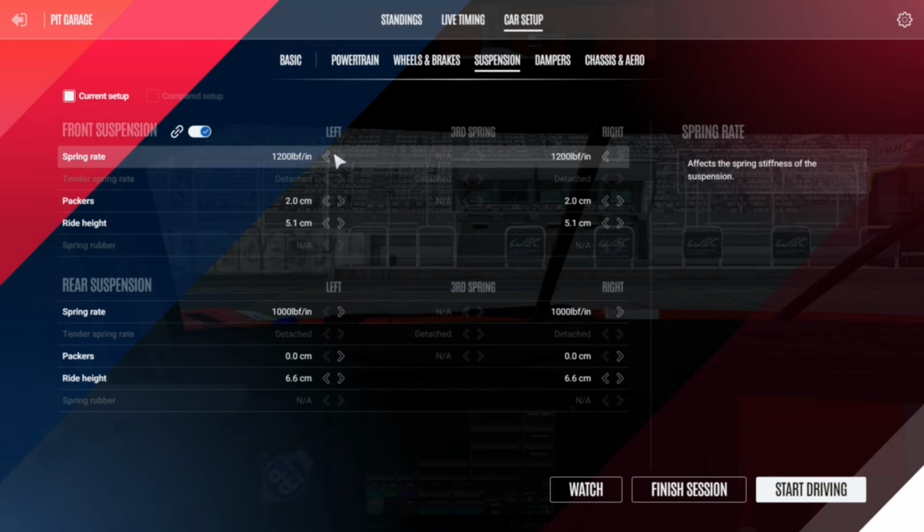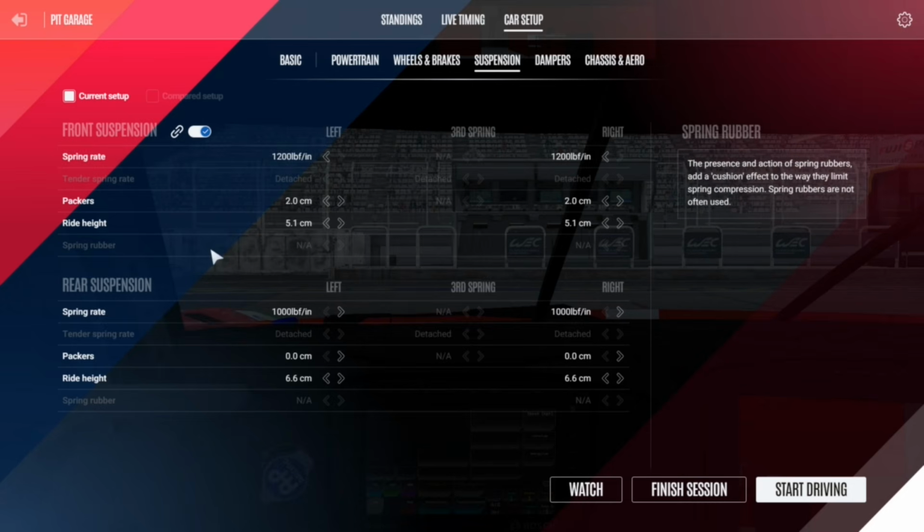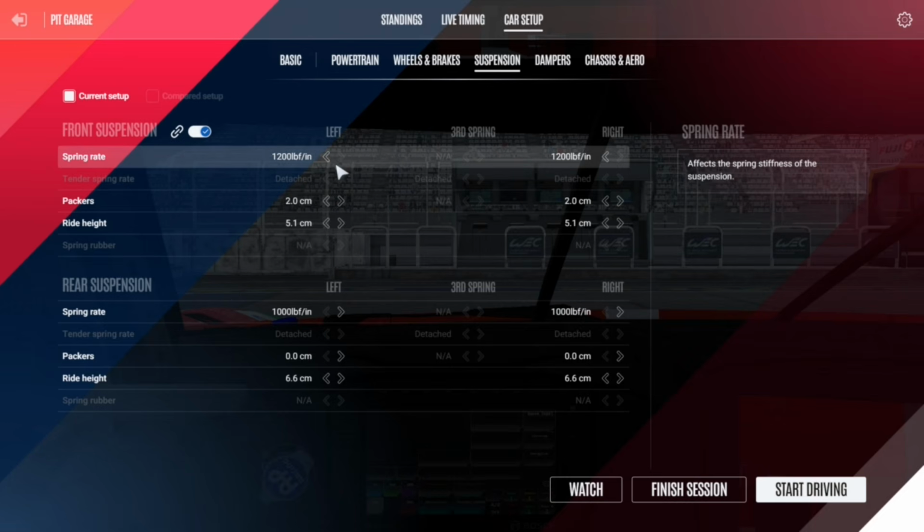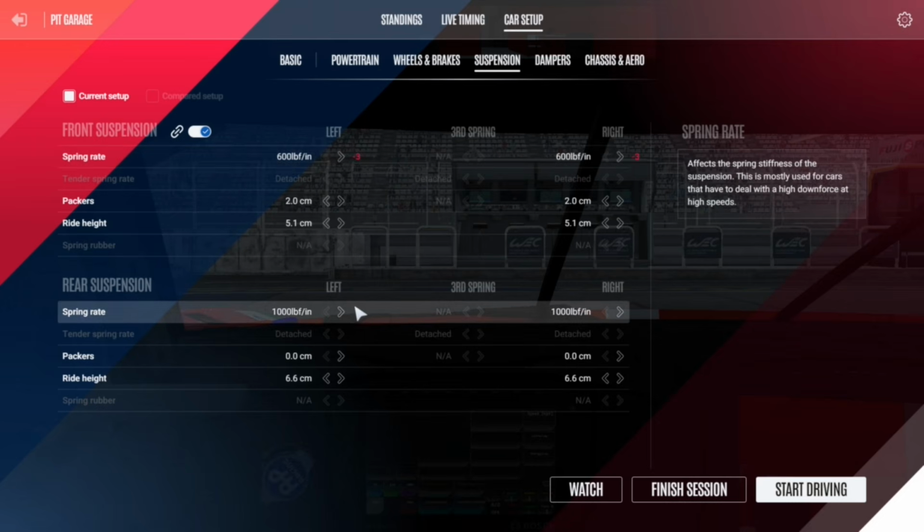This is what you would generally see in cars like the Porsche or the Lamborghini that are quite quick but are also super oversteery, so that's the best way to manage it by creating some kind of stability with a stiffer front end. Low front suspension, high rear: this way you will have way more oversteer, a really pointy front end. This is typically used in the Merc GT3 as the car is very high on the front.